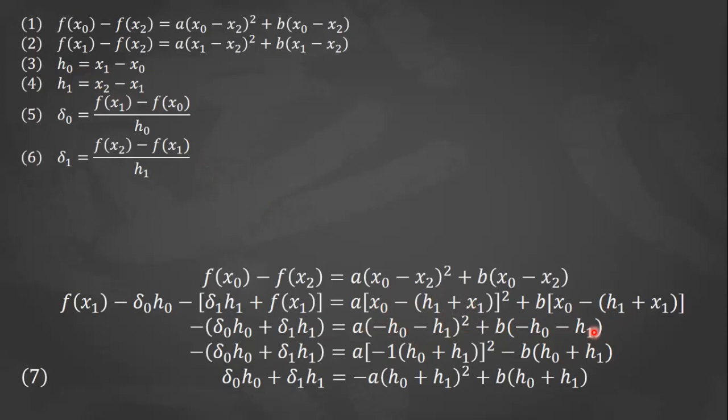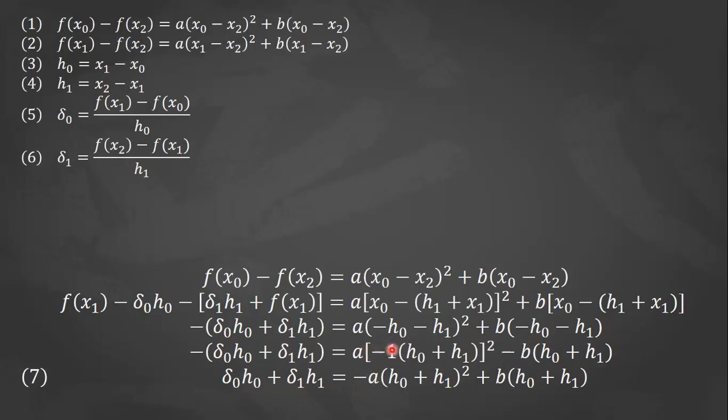Then, gi-factor out ang negative sign. Then, kini po, gi-factor out po ng negative 1. Pero kay naka-square man eh, so negative 1 times negative 1, so positive 1. So, positive gihapon. Now, para mawala ni nga negative, i-multiply nato both sides with negative 1. So, manang natay positive na delta sub 0 h sub 0 plus delta sub 1 h sub 1